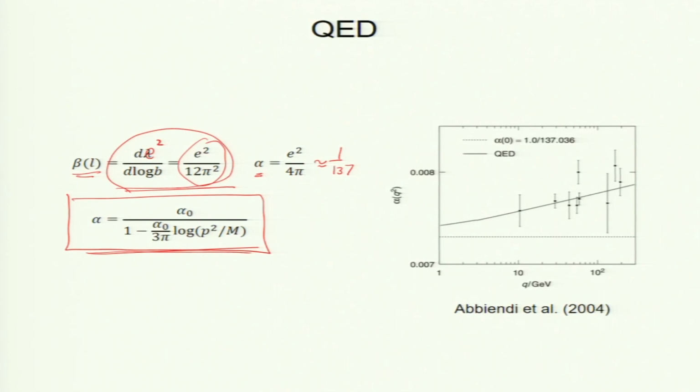Well, the derivation of this is complicated. This requires huge work, a Nobel Prize for Feynman, Schwinger, and Tomonaga. But once you have the beta function, I can compute how the coupling constant will change with momentum. That is the running coupling constant. It is called running coupling constant, because the coupling constant changes with momentum.